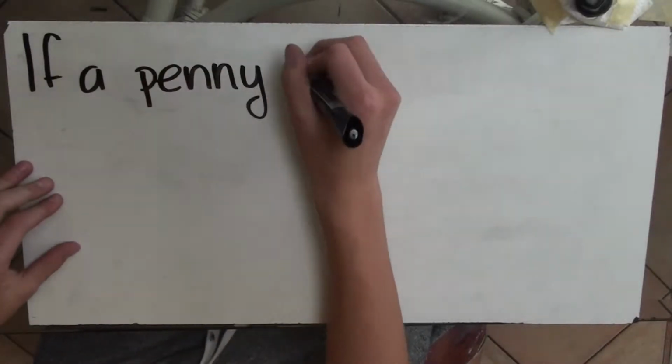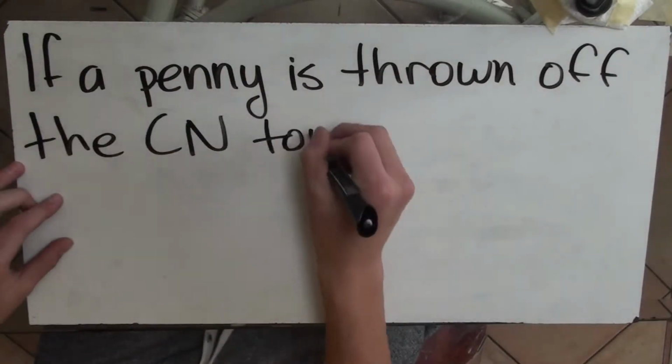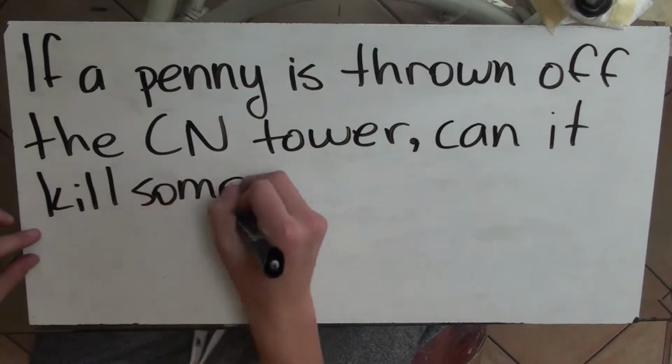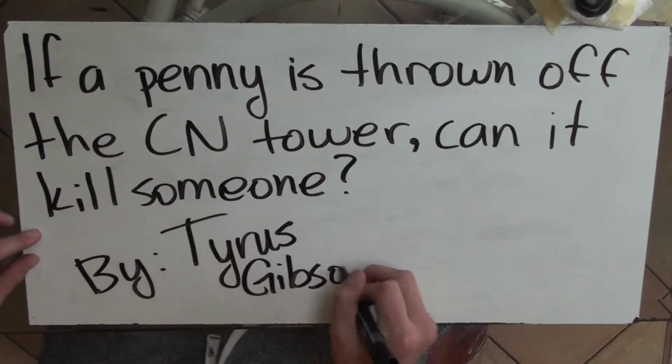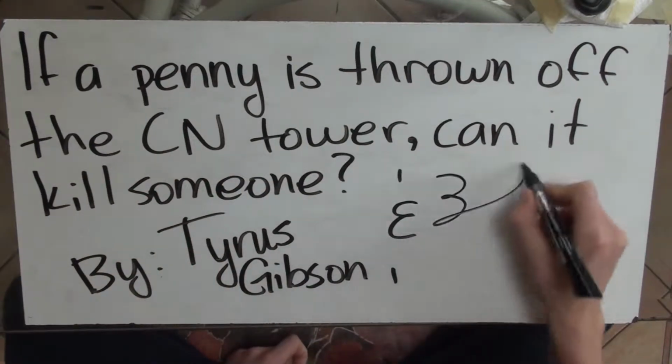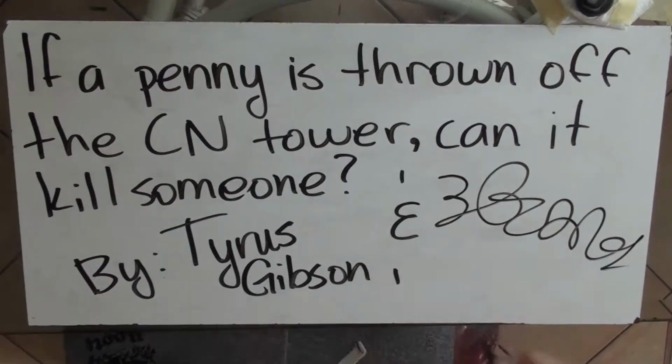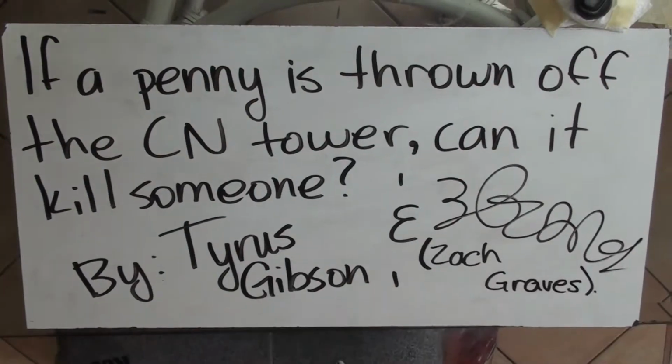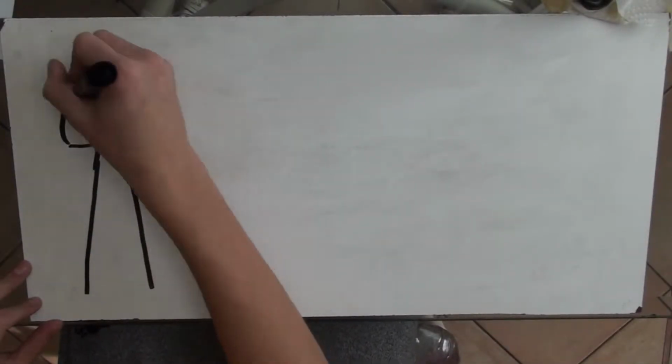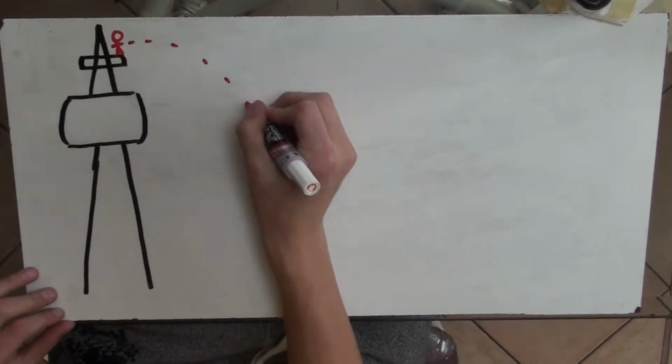If a penny is thrown off the CN Tower, can it actually kill someone? By Tyrus Gibson and Zach Graves. So our key component is the final velocity, and to find the final velocity, we have to label